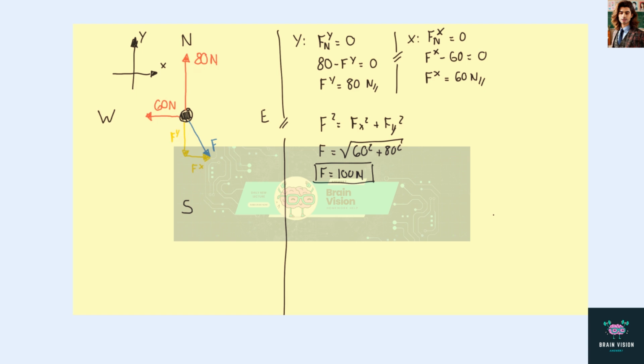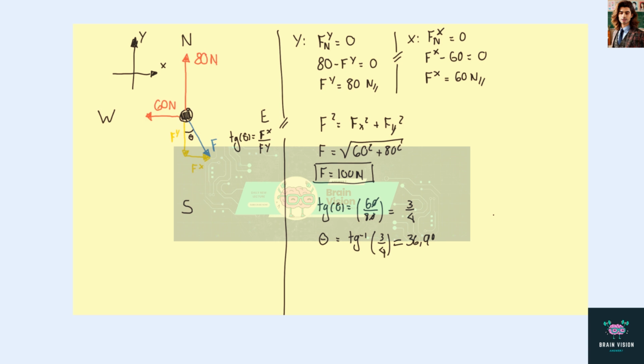Now we have to determine the direction of that force. Let us call this angle theta. Then, again, using the right triangle, it's true that the tangent of theta is equal to F component x divided by F component y. Therefore, the tangent of theta is equal to 60 divided by 80, which can be simplified to 3 divided by 4. Then theta is equal to the inverse tangent of 3 divided by 4, and this is approximately